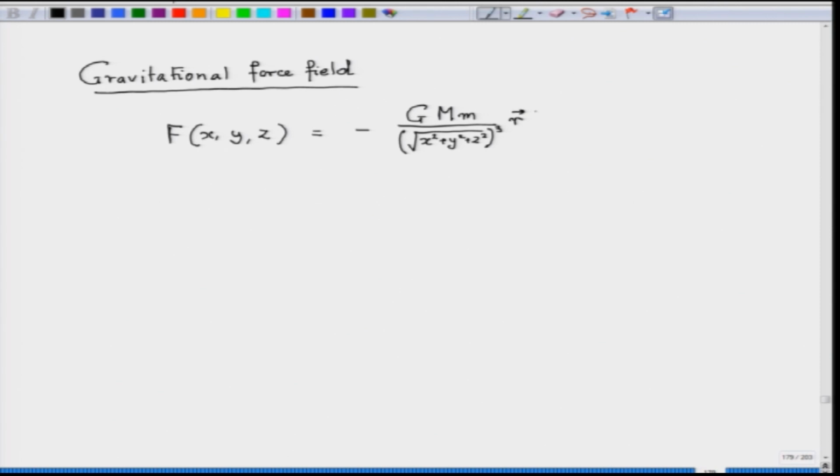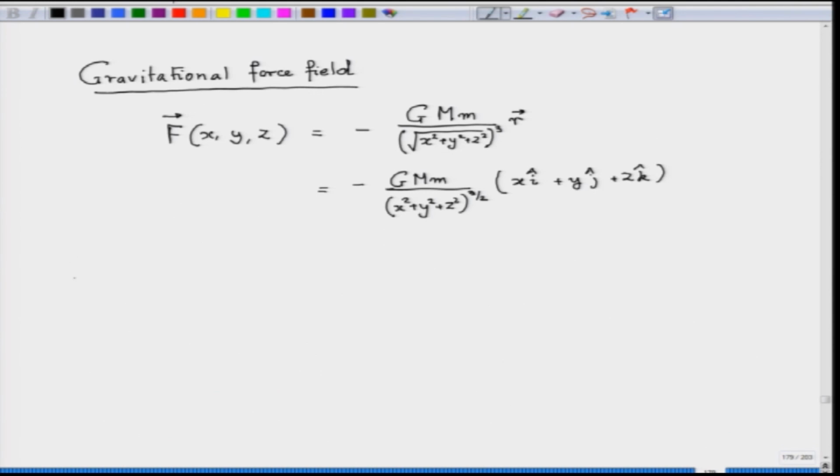And what is the r vector? It is x i vector plus y j vector plus z k vector, right. And this can be written as minus G m M into x square plus y square plus z square to the power 3 by 2, into x i vector, y j vector and z k vector. This completely defines the vector field F. If you want, I will put an F symbolism here. Its components are: